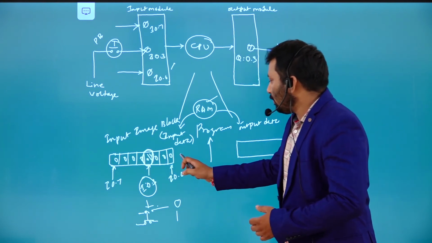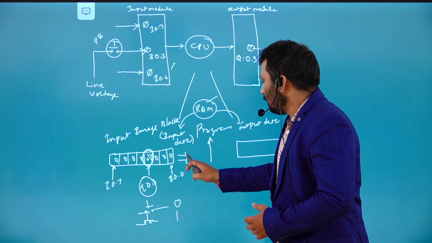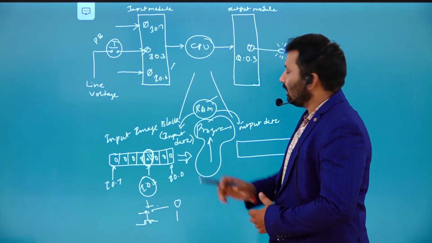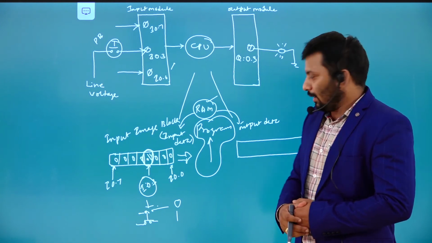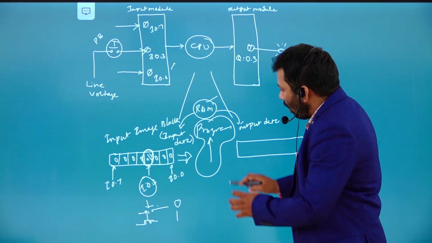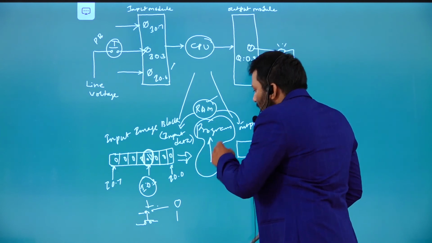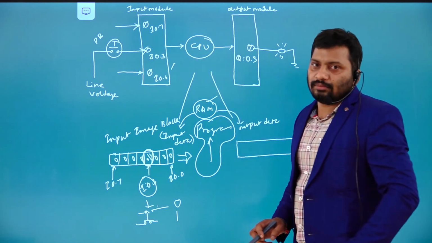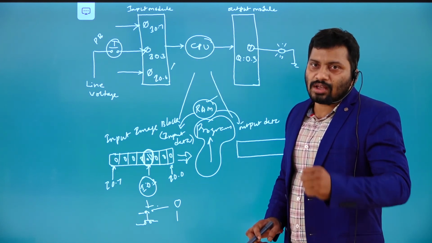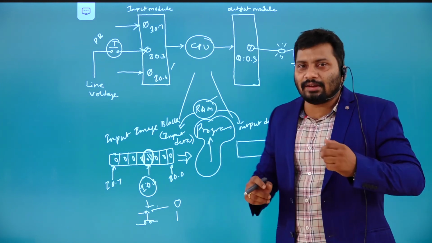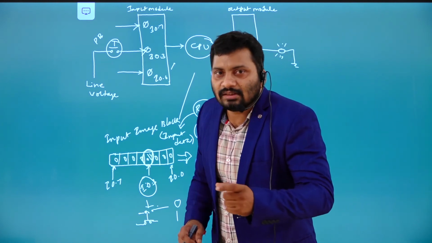So this input data is going to become input to this particular program, which we are going to write here in the RAM. So here only we need to write the program. How do you need to write a program here? What task do you want to perform on this particular input data? So your plan is like this. Maybe your plan is like this.